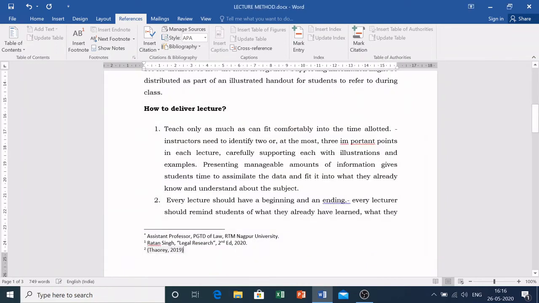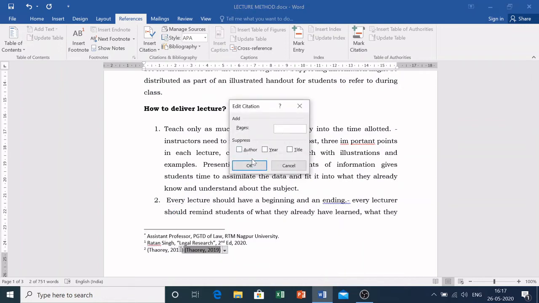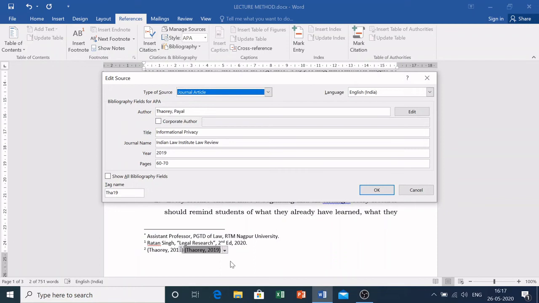Okay. Now suppose this is there and I want this second citation, insert citation, I want this citation here, automatically this will be there and in the APA format only. So whatever format you choose, you can edit also because it is already typed.